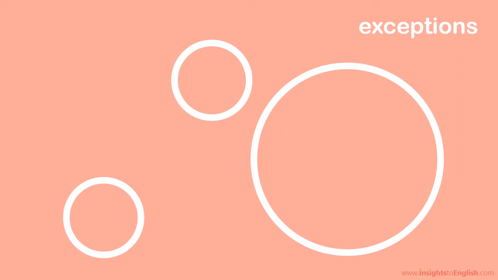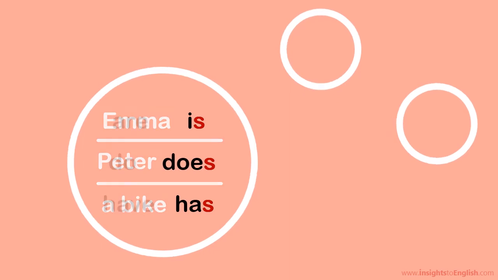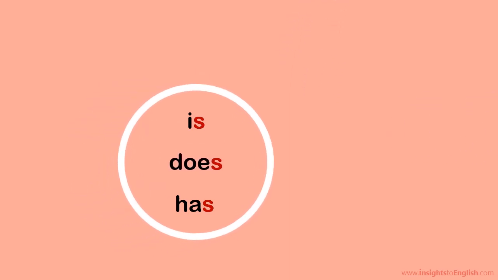But this is interesting. Our special and very common verbs are and is, do and does, have and has, end with s only for the ones that go with third-person singular subjects. Like she is, he does, and it has. So the one red s rule still works for these. That makes it easier. These special verbs can be the main verb of a sentence, or they can be helping verbs, which leads us to another application of the one red s rule.